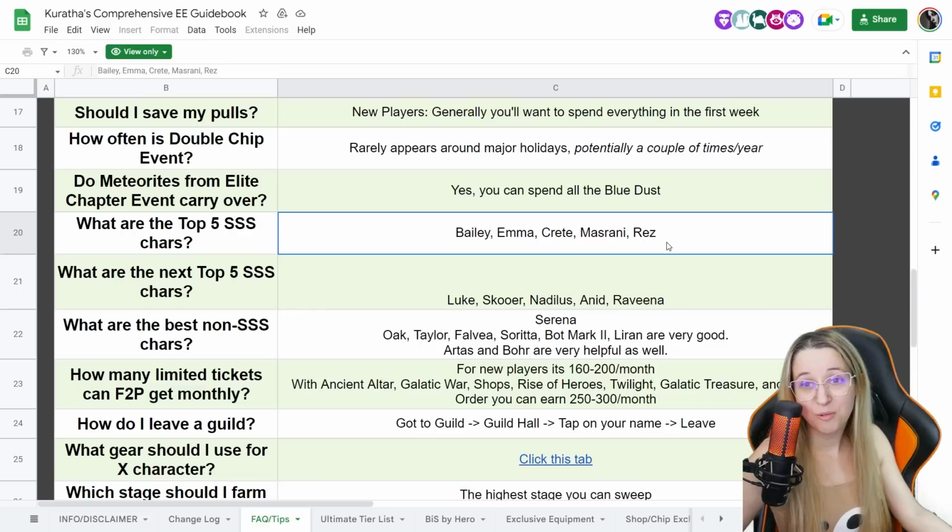I have an Immortal Rez now that I'm working on getting Immortal 1 or 2, I think, that I've only bought through the shop. Sometimes he pops up through events too. You might do a recruitment event and he's the free hero, so you'll get Rezes. Don't focus on him if he's in like a banner or a data chip exchange.